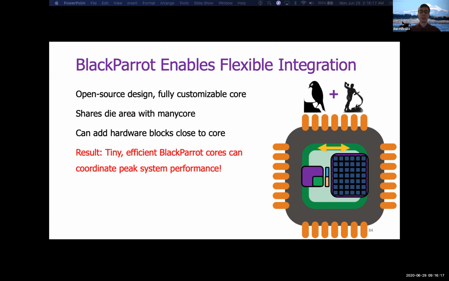But there is a downside. As I mentioned earlier, BlackParrot isn't competing with the Xeon. Instead, it's focusing on energy efficiency. But it turns out that this is really unimportant for the system as a whole. Host management code is not the bottleneck in heterogeneous cooperative workloads. Data shuttling, shuffling, and synchronization dominate in terms of system performance, which means that with a very minimal efficient core, as long as we tweak workloads and accelerators to shift the burden from compute to communication, we can achieve peak system performance.